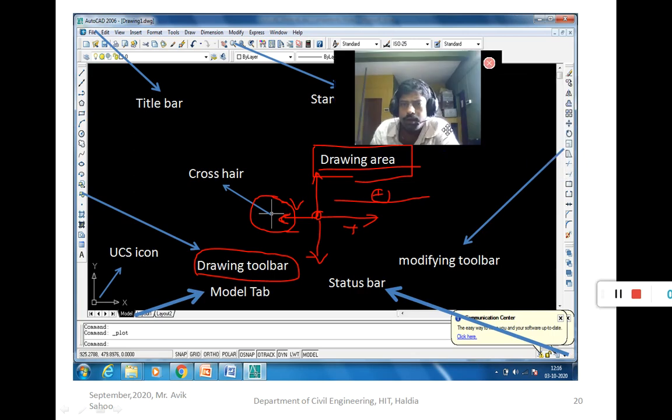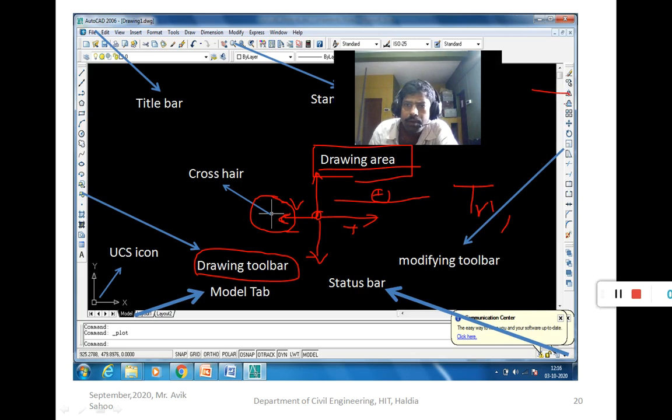Now in the modifying toolbar, you can modify the drawings. So these toolbars are used. A number of modifying tools are available in AutoCAD. Trim is used to cut the line, to cut the intersecting line. Then stretch, extend, move, copy.